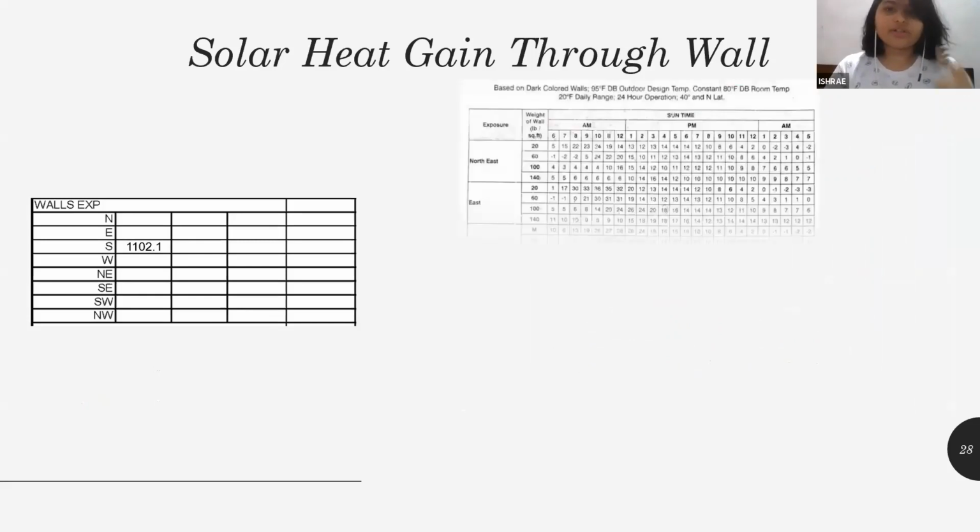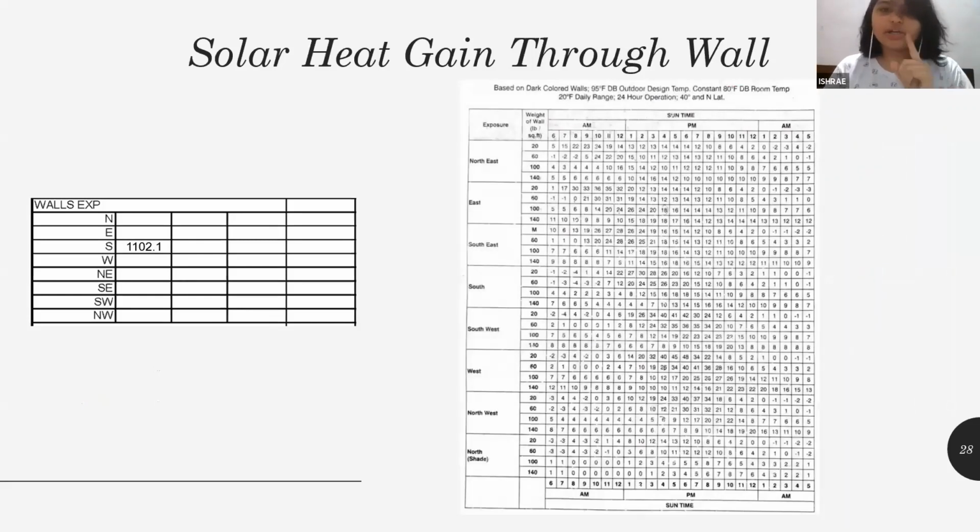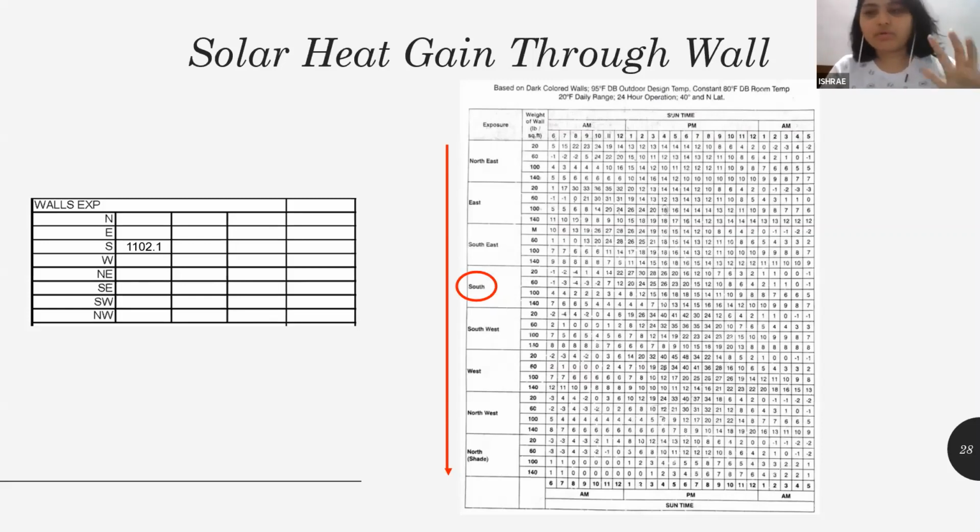So here it is. This is the table that is used for finding the solar heat gain through a wall. Here you will be able to see all the directions from north to south, west, east, everything. Okay. Here we are going to mark the south side because my wall is on the south side. Right in front of south, you will be able to see 4 numbers written: 20, 60, 100, 140. This is the weight of the wall. This depends on the architect or you, what kind of wall you all have considered or the architect has considered, and how much its weight will be. Now, just for my reference, I have taken 100 as the weight of the wall. If you all want, you can go ahead with 140 or 60.